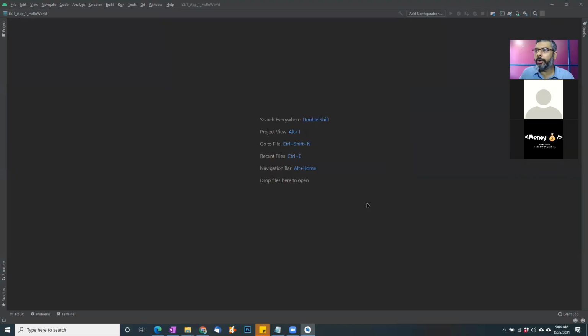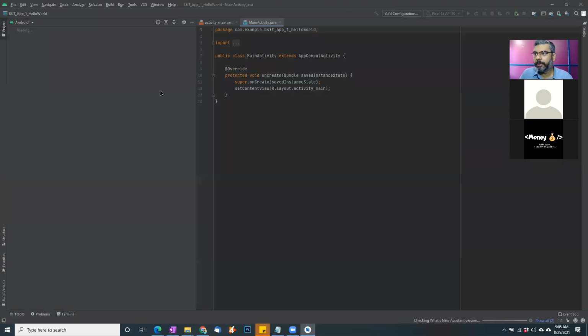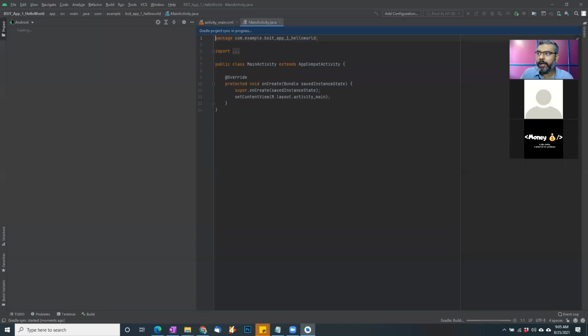What it will do is go and build your basic project for you. Okay, and now you can see it says loading BSIT app 1 hello world Android.